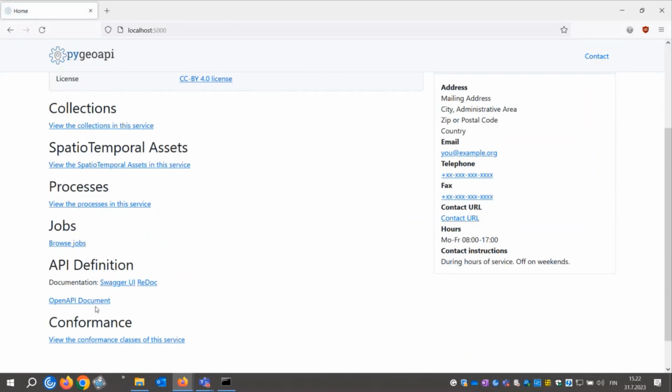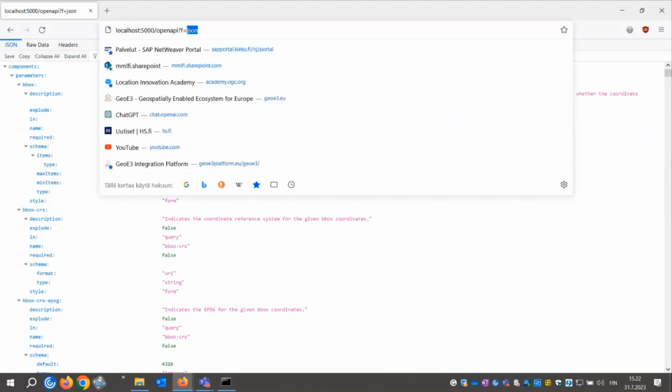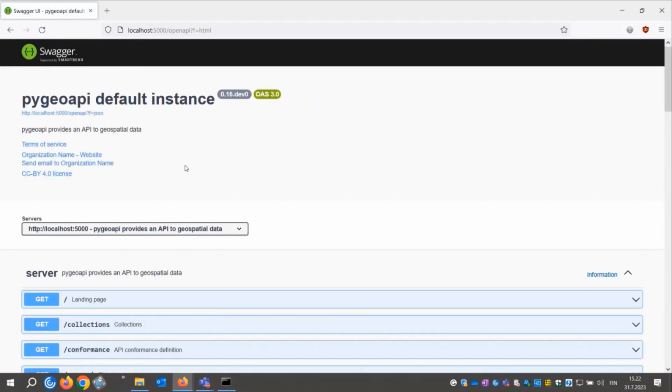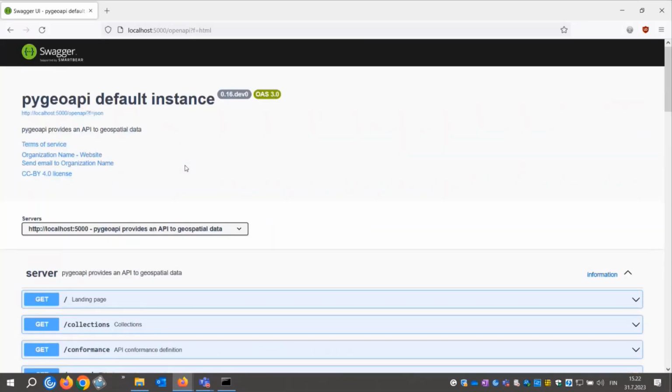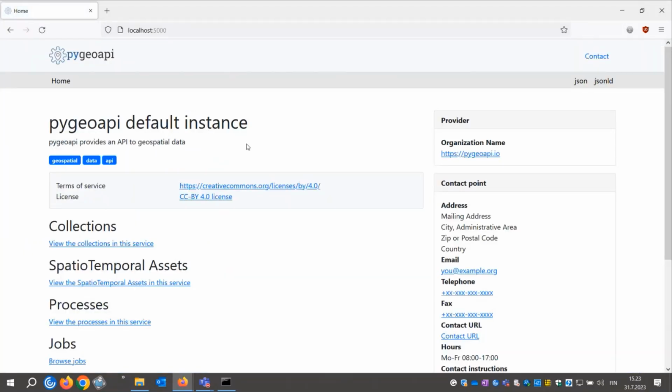Or you can, for example, see the API definition in JSON format, but it's easy to change by replacing JSON with HTML, and then the API definition is a bit more visualized, and so on. And you can edit this API